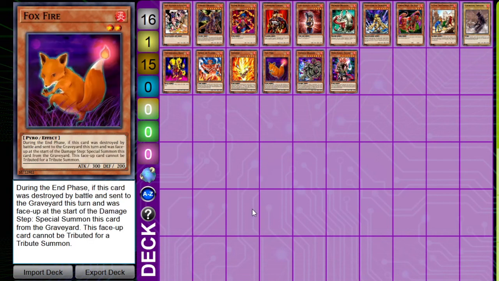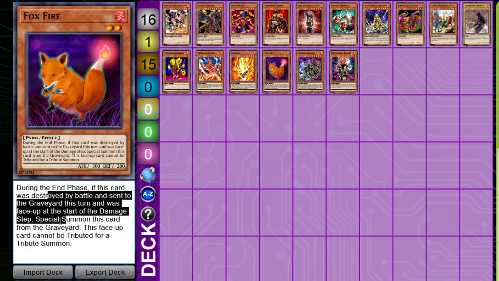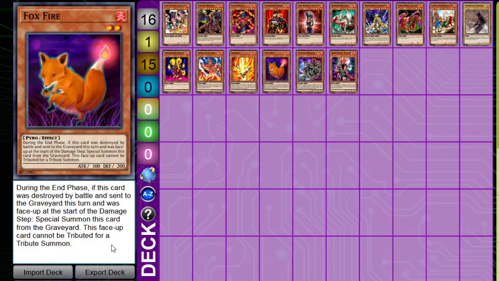Then we have Foxfire, a level 2 Pyro with 300, 200. During the end phase, if this card was destroyed by battle and sent to the graveyard this turn, and it was face up at the start of the damage step, you special summon this card from the graveyard, and this face up card cannot be attributed for tribute summon. I've actually played this card before, and it's not as bad as you would think, because being able to get